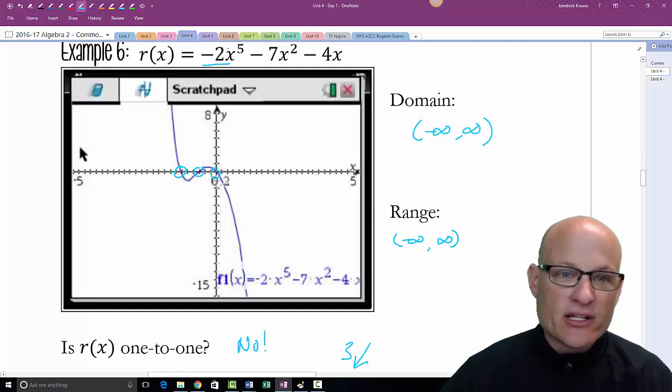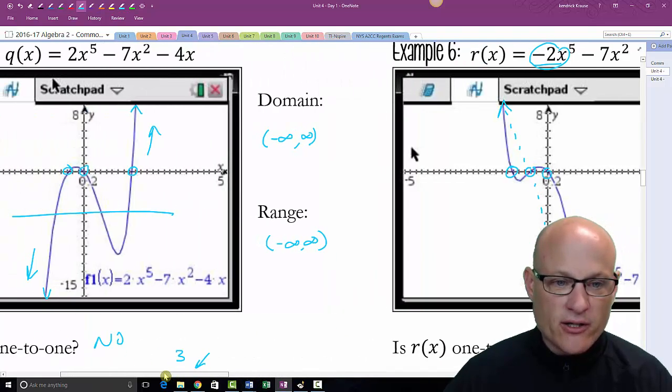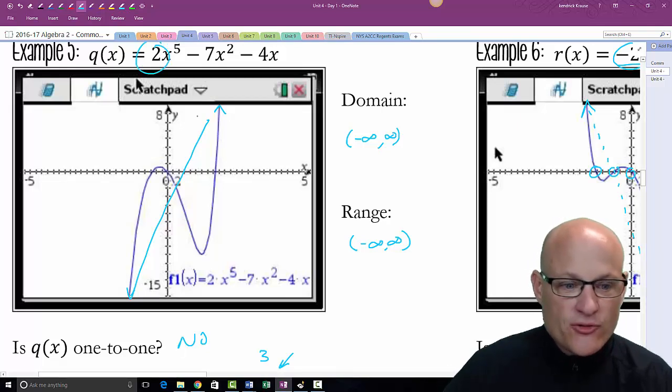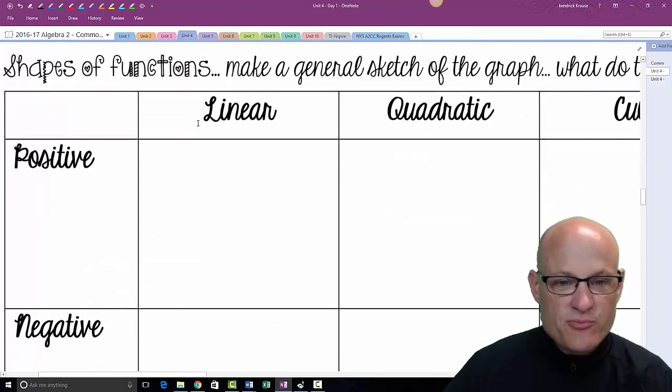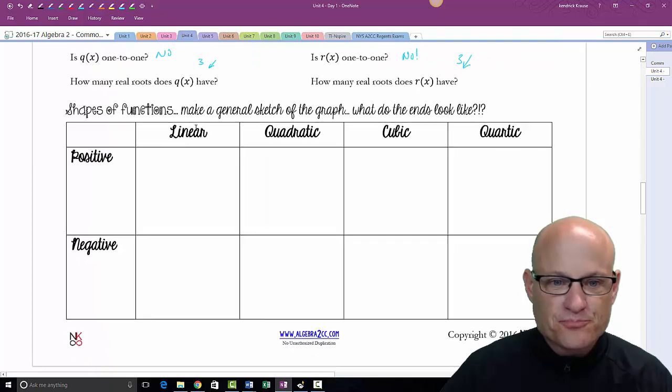Now again, notice that the leading coefficient is negative, and it's going up and down. And again, if I plot that line that goes between those 2 points, it has a negative slope. If I go over here and I plot the line between these 2 arrows, notice it has a positive slope. This is why this is a leading coefficient that's positive. So let's break this all down. This is what I want to make sure you understand.